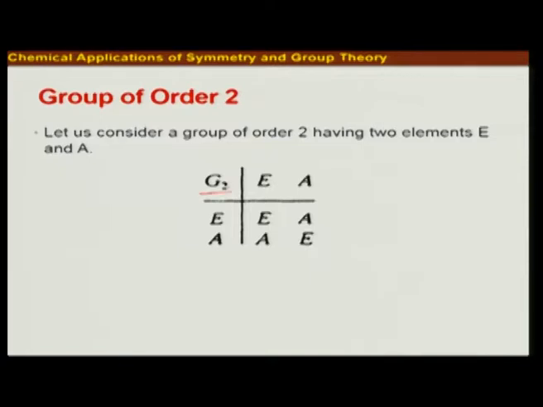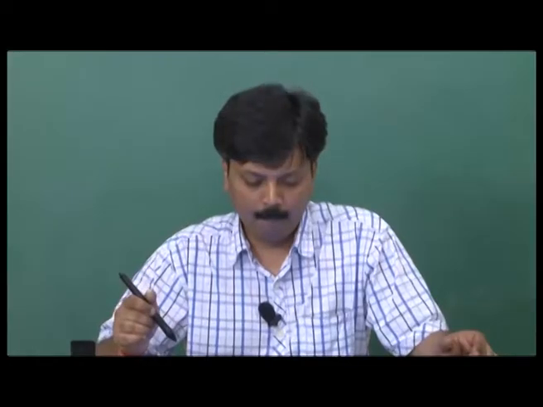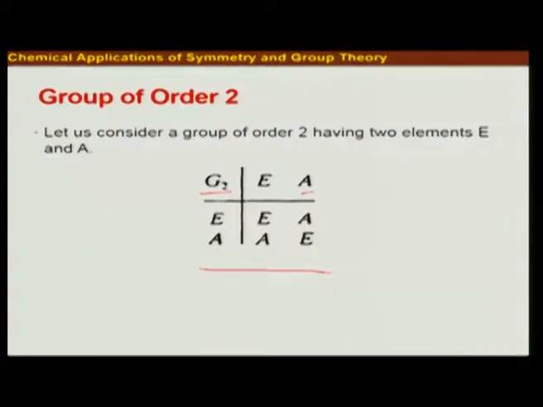Okay, so for any order of the group, we'll call it Gn, for the group multiplication table. In case of G2, we are using the same approach as I just showed you on the blackboard. In a group of order 2, what are the elements that we have? One is the trivial one, that is identity, and any other element that can be present there. So we are taking that as this element A.